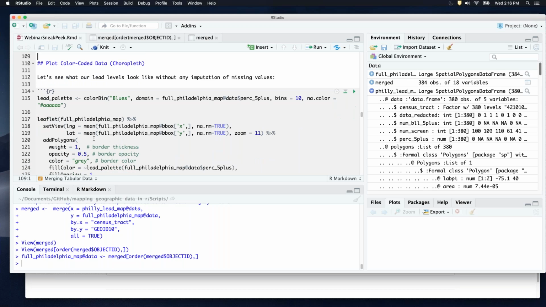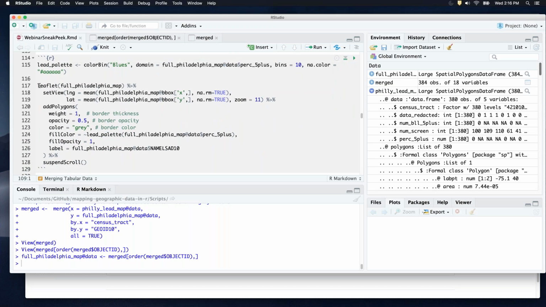And I'm going to once again do a leaflet map. This is sort of what we've seen before, right? Except this fill color. Earlier, I just said fill color equals white. And now what I'd like to do is have a dynamic fill color so that the dynamic fill reflects wherever in this palette, whatever color should correspond to the lead level for this particular tract. And again, I'm going to add a label and suspend the scroll. So let's run that